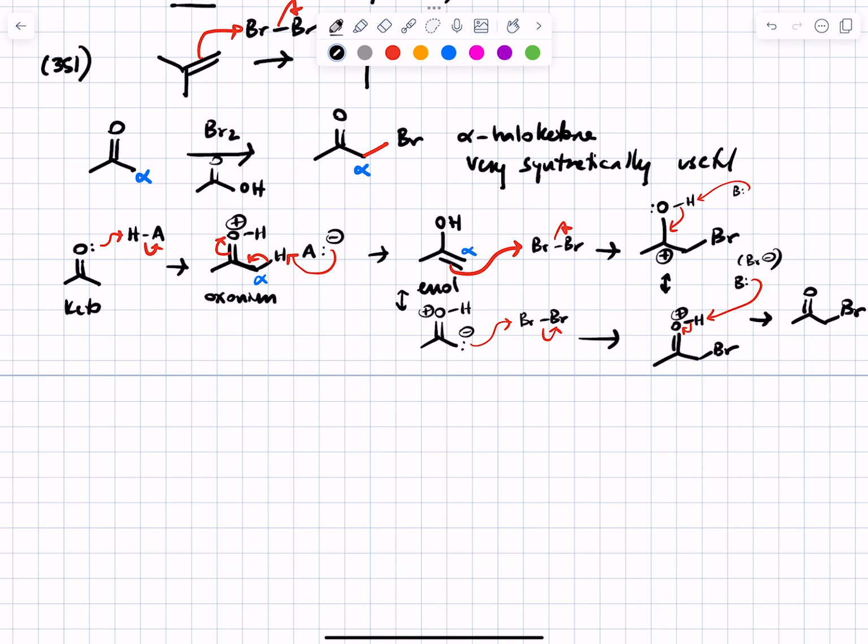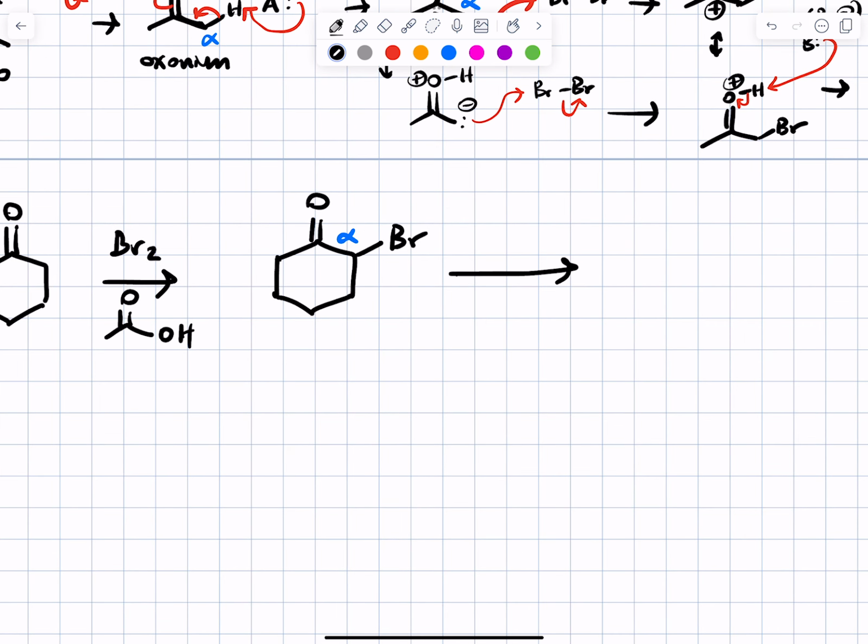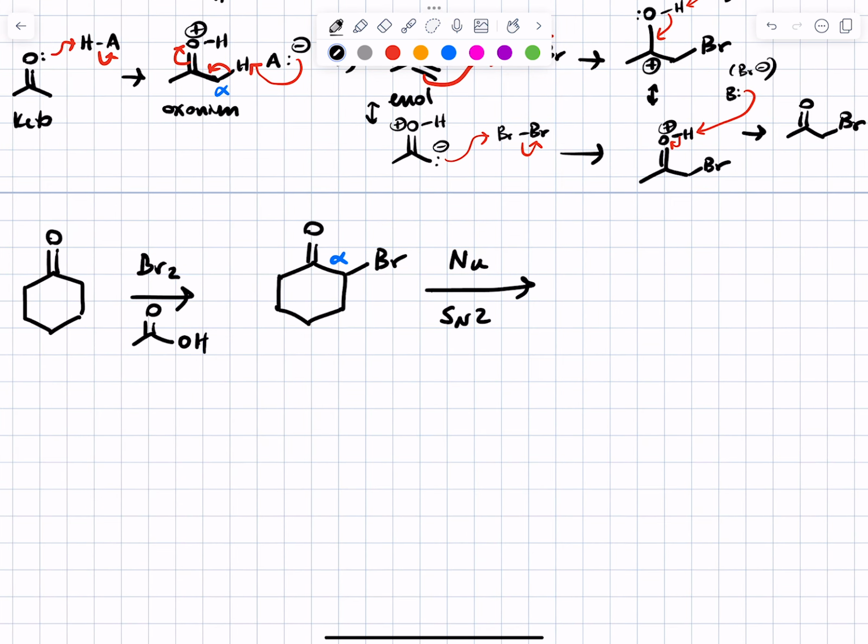Okay, now I want to spend just the last few minutes telling you what you can do with alpha halo ketones. So imagine starting with this carbonyl group and doing the alpha halogenation, and imagine installing the Br on the alpha carbon. Think of what you can do with this. With alkyl halides, you can do nucleophilic substitution reactions in which you take a nucleophile that's good at doing SN2